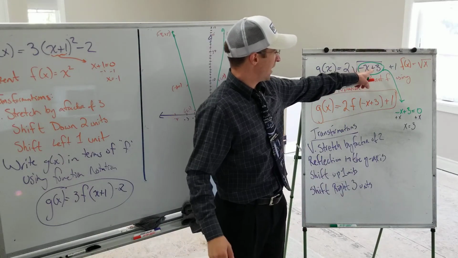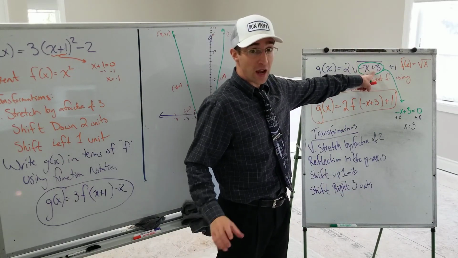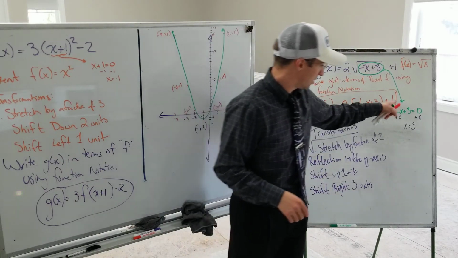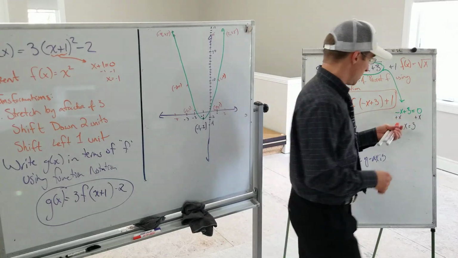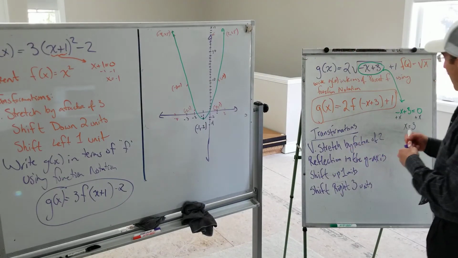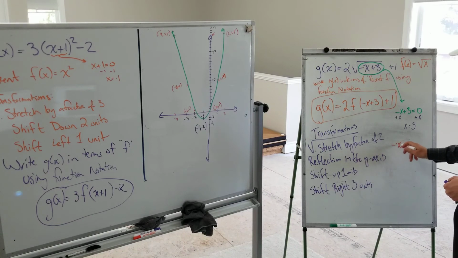Here it's negative x plus 3. That makes it do the opposite. And the reason is, well, you can always just solve for the starting point. Or what you can do is you can factor negative x plus 3. If I factor out the negative, like I divide this by negative 1 and I divide this by negative 1, I get negative x minus 3. So really it's a minus